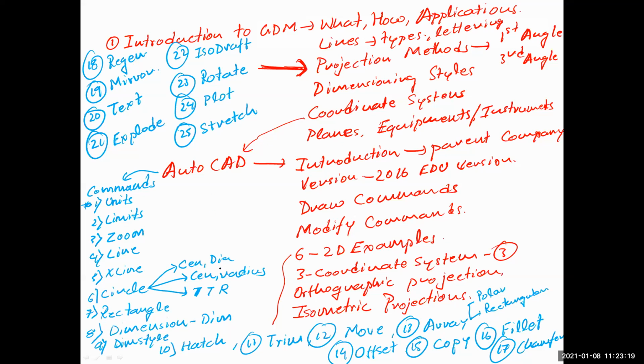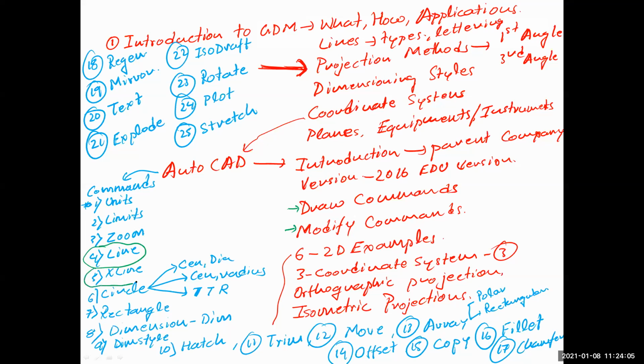Okay, so here are some of the most commonly used commands in AutoCAD that we have used till now. Suppose we have to categorize, let me take some other color. As I have told you earlier, there are two command categories, draw commands and modify commands. Let's start with draw. In this list, what are the draw commands that I will circle? Starting with 1, line is a draw command,